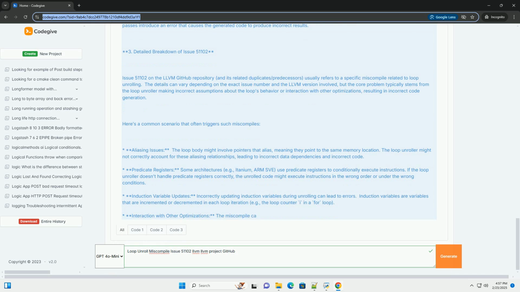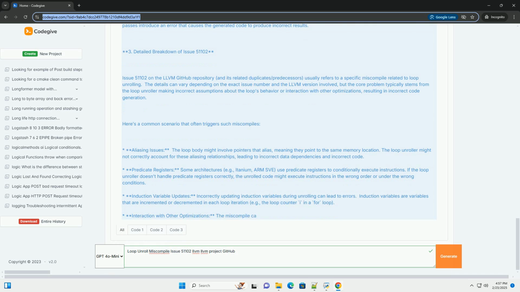A crucial part of LLVM is its optimizer, which transforms the intermediate representation (IR) of the code to improve its performance. The optimizer consists of a series of passes that perform specific optimizations, such as dead code elimination, removing unused code,